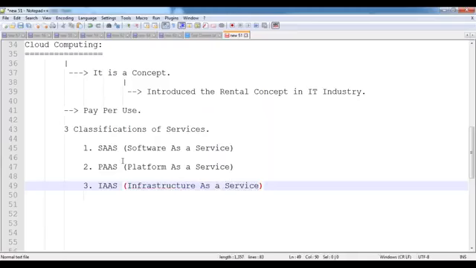Third one, infrastructure as a service. These are the three classifications of services offered by cloud computing to their customers. When you observe all three, the last three words are the same: as a service, as a service, as a service.